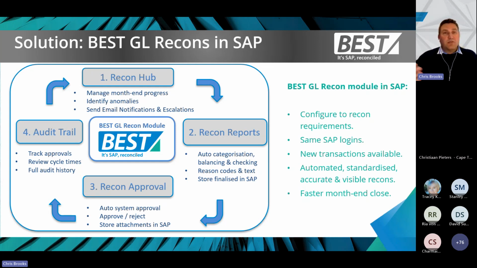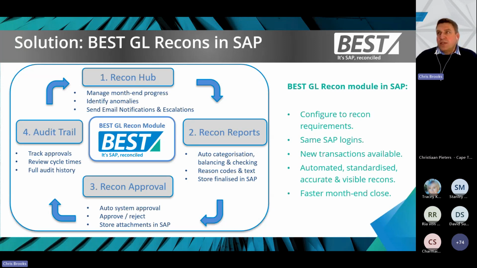So whether you have a 2, a 3, or 4 level approval, you'll be able to see how that's flowing through and be able to drive it through to completion all the way to your final level of approval. We can help you manage that with email notifications so that we can actually remind users that there's a pending approval, and then they can follow up on that to make sure that they get it completed. It also serves as a master data report, so you have full visibility of the recons and the master data of what you are achieving within your system.